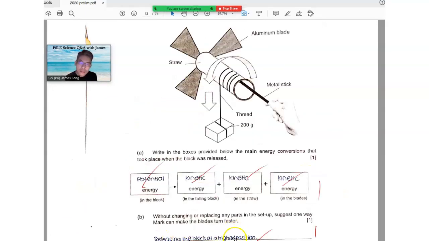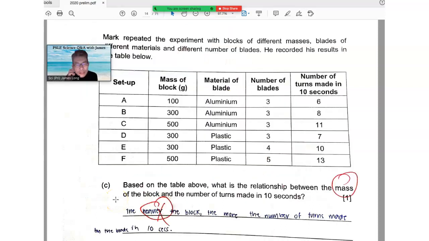This answer can work because when it's higher, there's more GPE to convert to more KE, therefore it can work. Or a straightforward one is just pull this string, right? If you pull this string harder, this will spin more and therefore more KE. Now to my students, we actually discussed this in class, so I'm surprised some of your answers are still